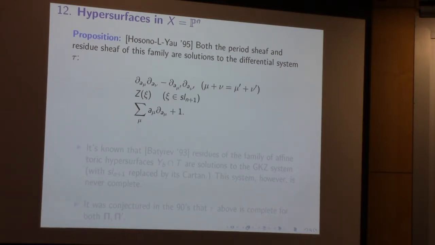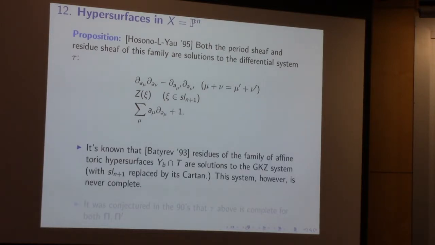So then the obvious question is: is that all? Is that all that you need to pin down the period and residues? Well, it turns out that this question took 20 years to settle. Before that, let me go back a couple of years. So it turns out that if